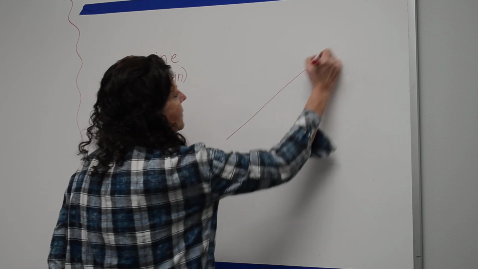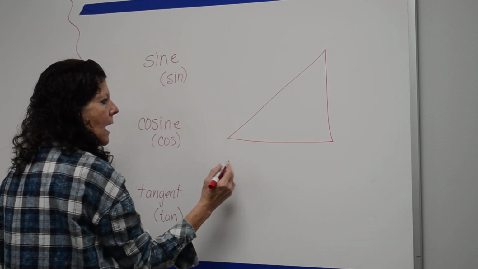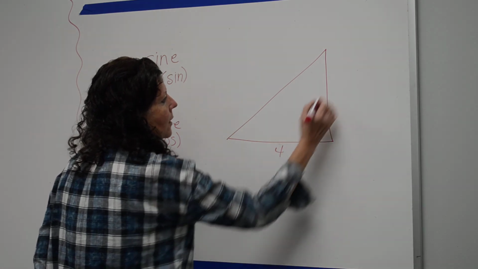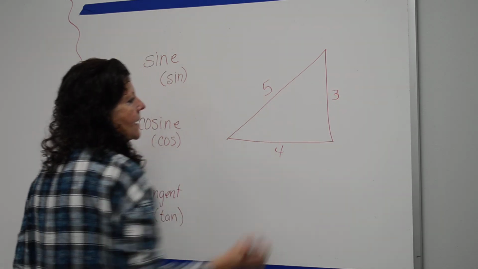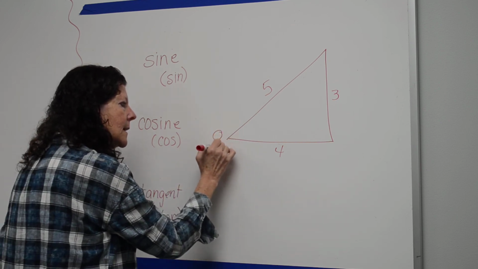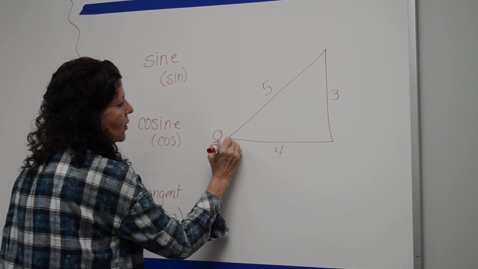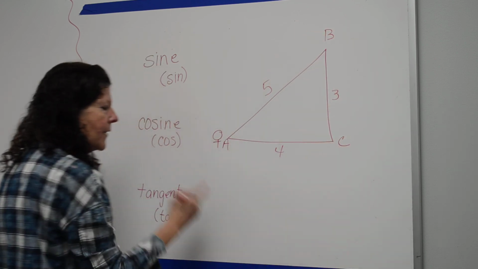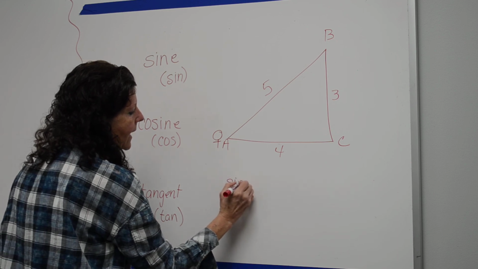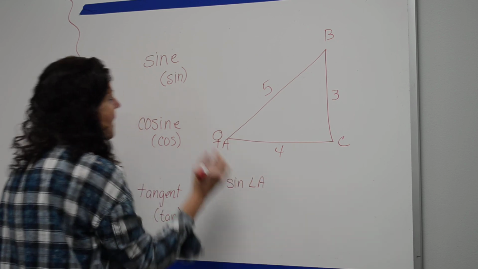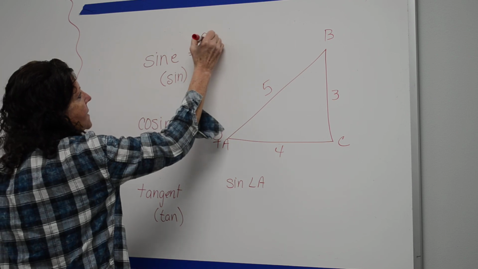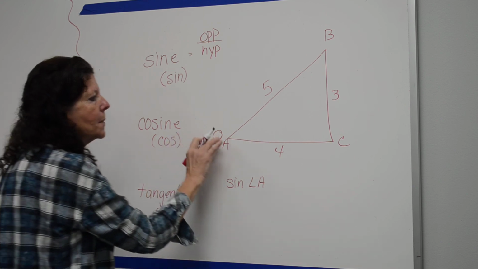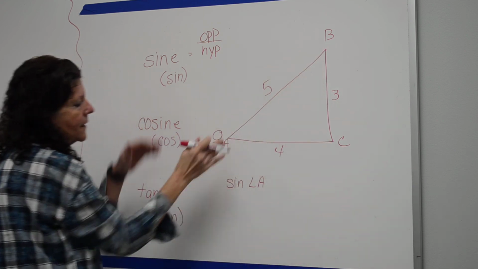So let's say that I have this triangle. And let's say I know this side is 4, this side is 3, and this side is 5. And let's say I'm standing right there, and I'm going to call that angle A. If I want to know what the sine of angle A is, the sine is always opposite over hypotenuse. Now, opposite being the line segment that I cannot reach out my